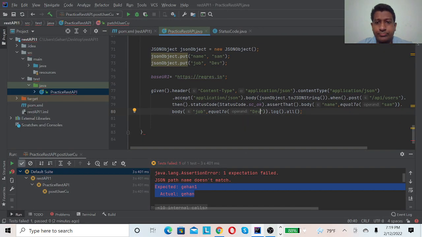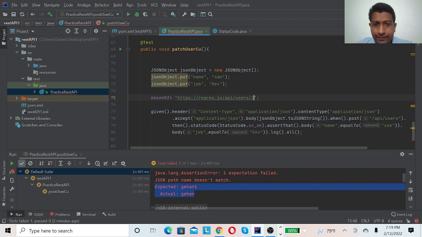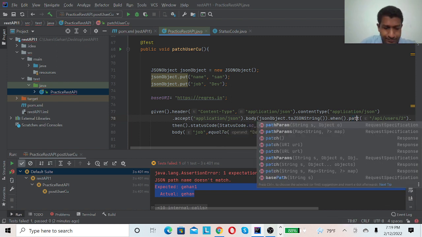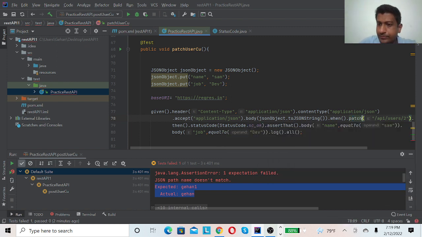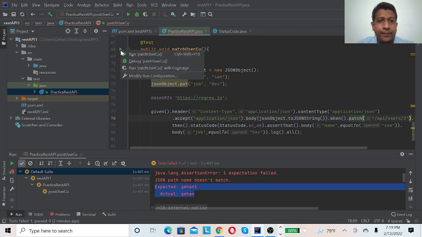Under URI you can paste it here, and I will cut this part and paste it under here, and it's a patch. So let's run and see whether it's passing.